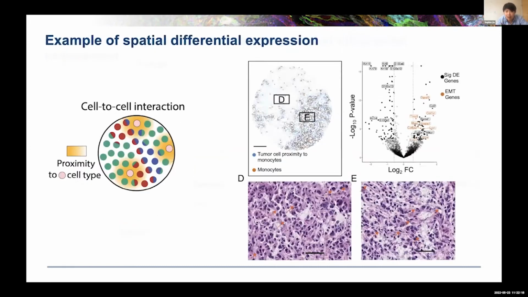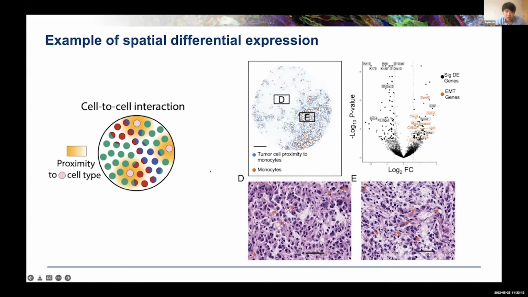And in general, we want to come out with approaches to discover that. For example, how does gene expression change as a function of proximity of one cell type to another? I'm just highlighting this as one type of problem that one could do with spatial differential expression. Here, Dylan in my lab actually ran an analysis in a spatial transcriptomic data set of tumor cells. And he looked at how tumor cell gene expression profiles change as a function of their proximity to monocytes, a myeloid cell type. And he found that there's upregulation of genes in the epithelial to mesenchymal transition, especially when those cells are next to monocytes. And you can confirm that with